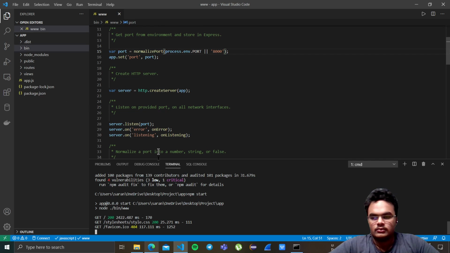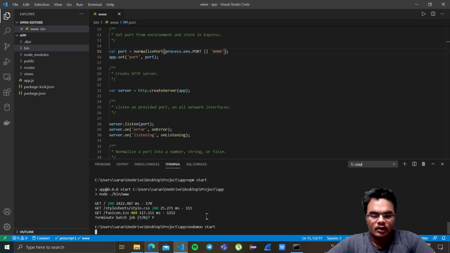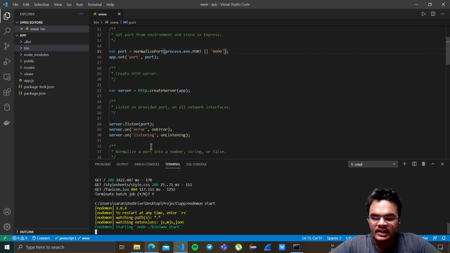When we run this app using npm start, we have one disadvantage: every time we edit, we need to stop and run the code again and again. There is another package in npm called nodemon. I've already installed it. We can install it by npm install nodemon. It can also start the app, but even if we edit the file, it will automatically reload and the app will keep running. See, now I kept it port 5000 and saved it.